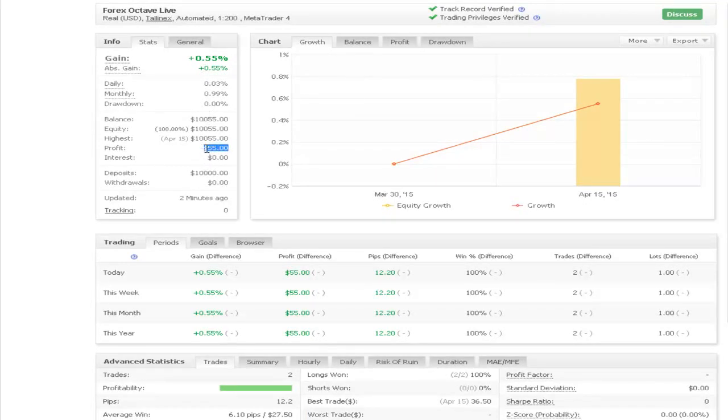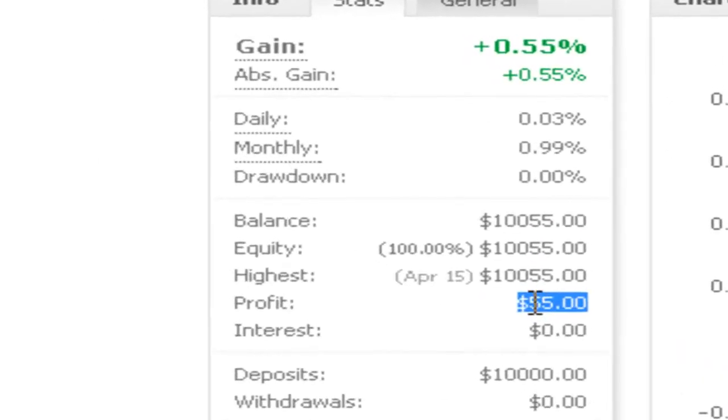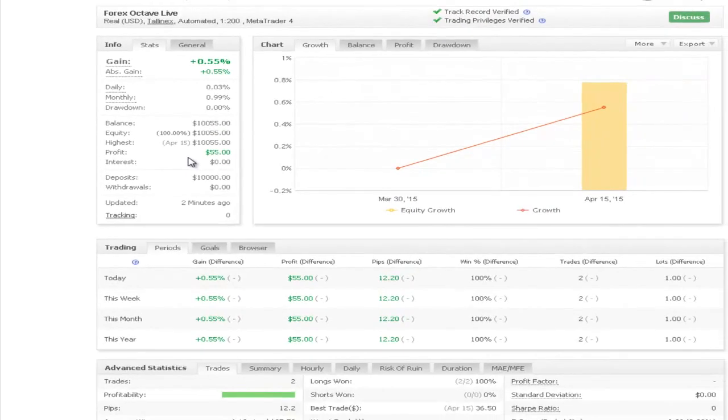And this is what I mean by transparency, that you can track people's trades in the Forex currency market. And this is something a lot of wannabe fake gurus and system sellers will not do, because they do not want you to know the truth that what they're trying to sell you is smoke and mirrors and does not work. Now, right now we're up basically 0.5% for the day, and we got our 2 trades in,